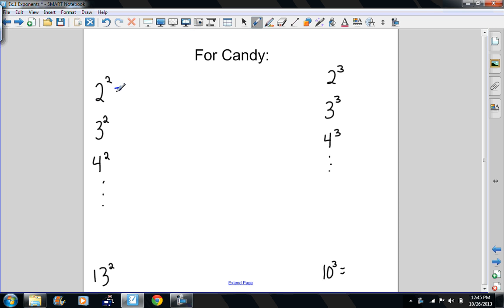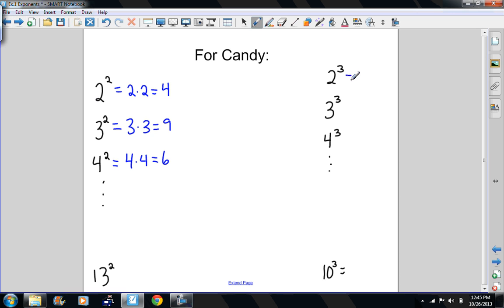2 squared, that means 2 times 2, which would be 4. 3 squared then is 3 times 3, or 9. It's important to remember that this is not 3 times 2. This is a counter of how many 3's we're dealing with. So then 4 squared is 4 times 4, or 16. If you give me a list all the way up to 13 squared, and then a continued list on the other side,